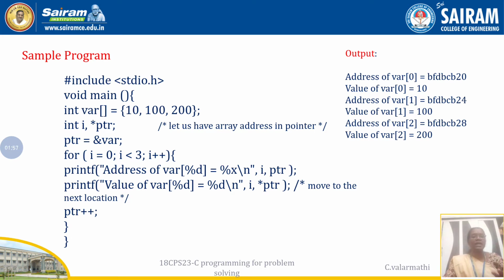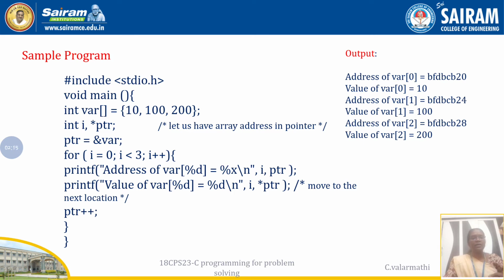Here I have taken care of 3 elements. For that I have used a for loop with 3 iterations. So I have started my for loop with i equal to 0, i less than 3, i plus plus. That is a common statement. Then I have opened my for loop.